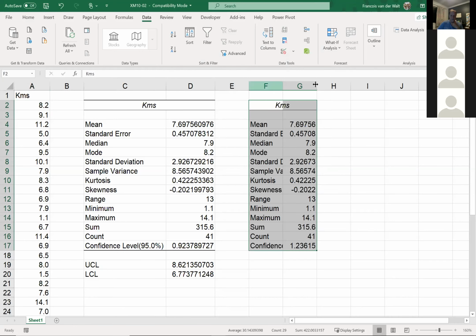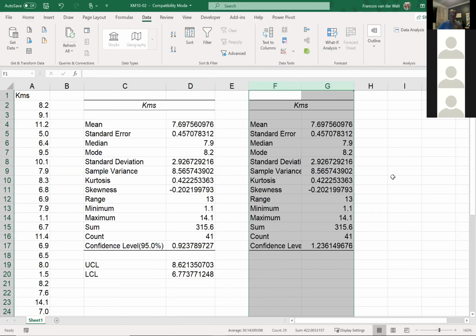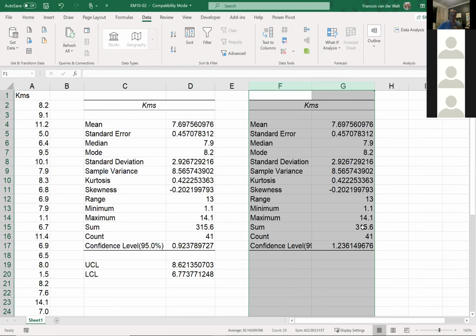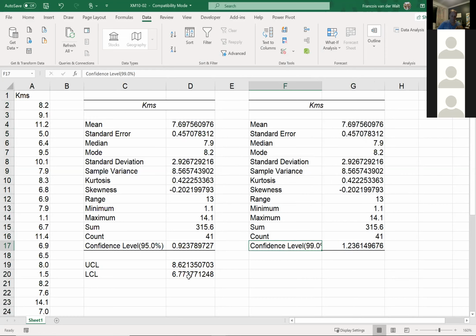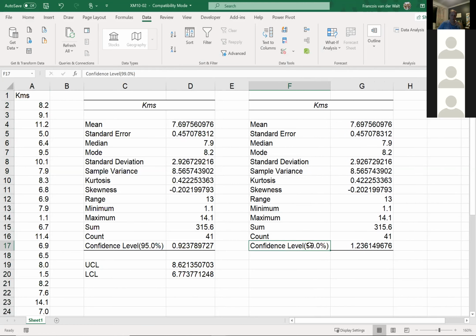Now I can tell you now, I'll give you a way. See, it's a question in the exam. Will the 99% confidence limit be wider? In other words, will that number be bigger and this one smaller, or will it be smaller? It will be wider, because I want to be more confident. Remember that.